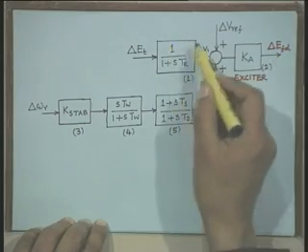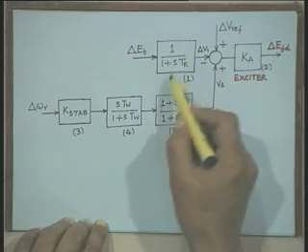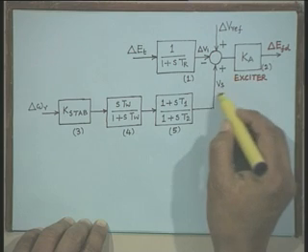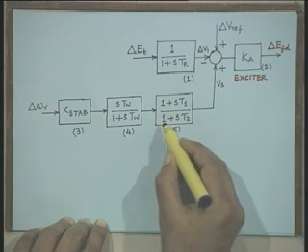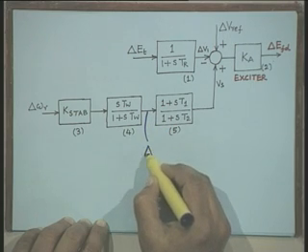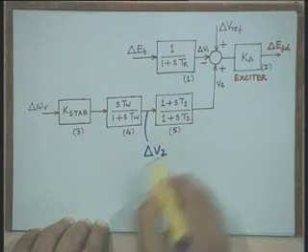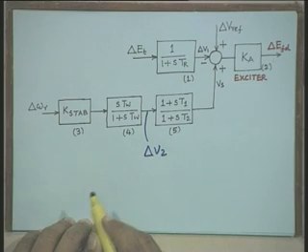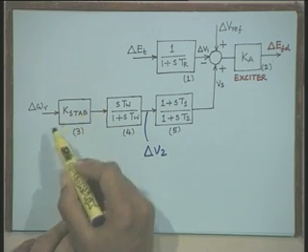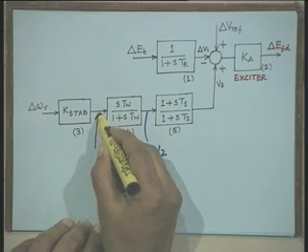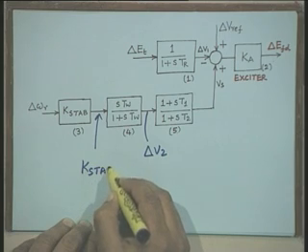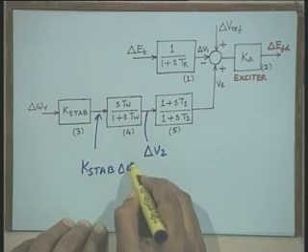The new state variables which we define will be delta V1, which is the output of this transfer function block, then Vs, the output of the power system stabilizer. Here we call this another state variable delta V2. And here there is no state variable required, because this is only a gain. Therefore, at this point the signal is K step into delta omega,